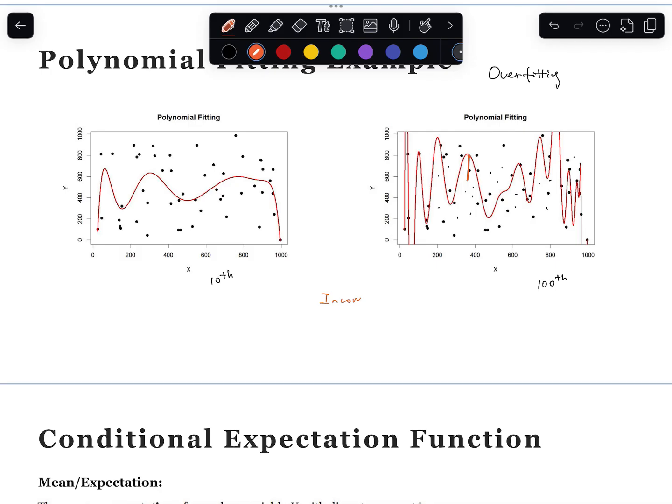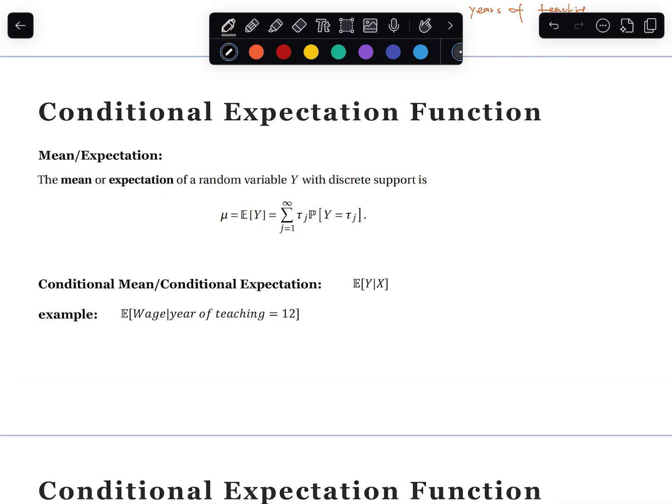With discrete support of a random variable y, the mean value can be expressed as E[y], which means the expectation of it. It is the summation of the probability of an event occurring multiplied by the event itself. So for example,